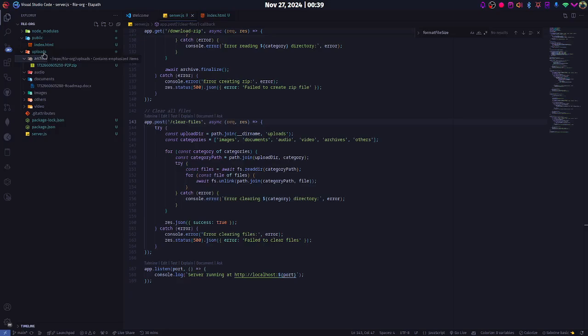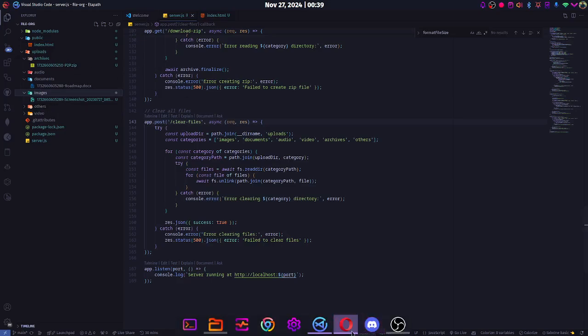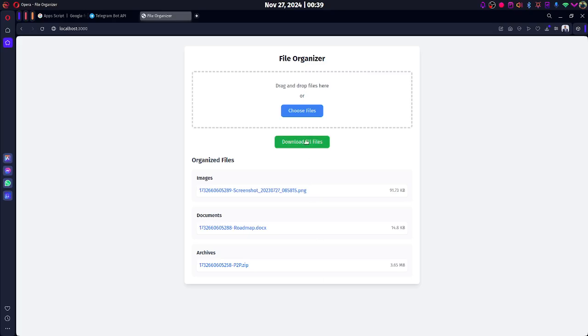So if you're looking at our uploads folder over here, you see that we have several files in it that we've uploaded just now. I think there were 3, if I'm not mistaken. Yeah, see, image, document, and zip. As soon as I go to our project and download it, it